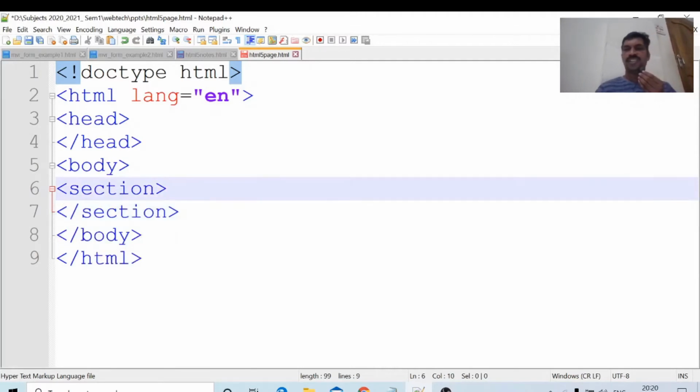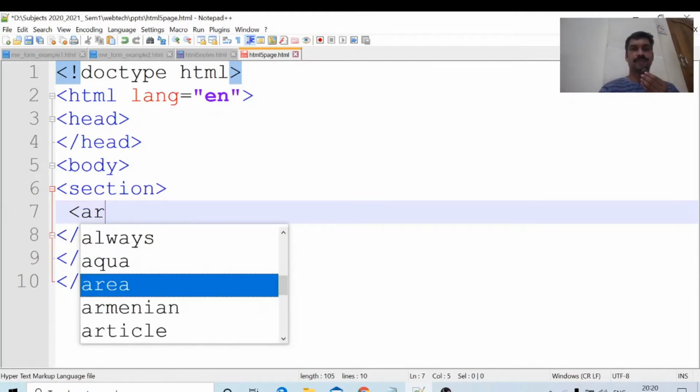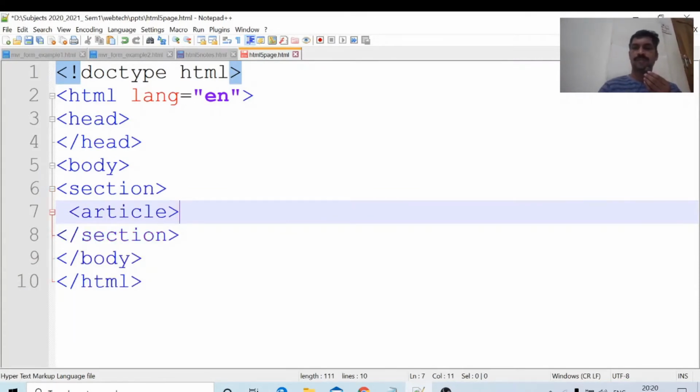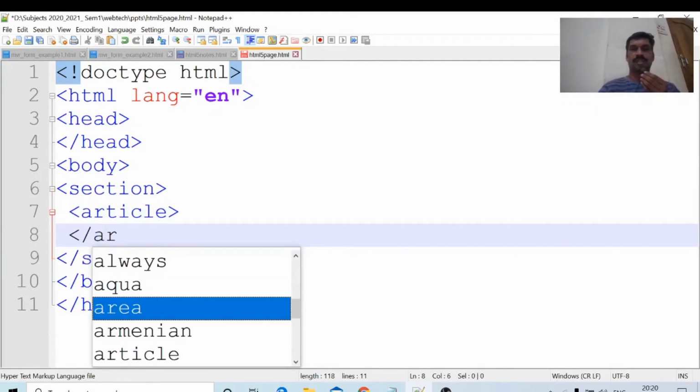A section is like the div tag in HTML. Here we use the section tag, section slash section. In the section I am writing article, slash article.